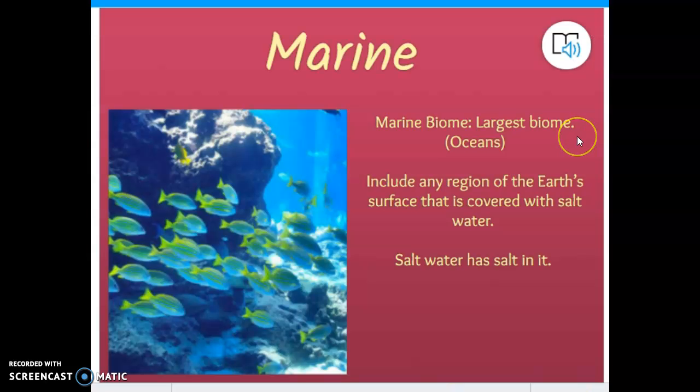First, we're going to look at marine biomes. Marine biomes are the largest biomes on Earth, and the reason why is because it refers to the oceans, and the oceans cover a huge portion of the Earth's surface. Depending on the source that you look at, the numbers do vary, but I would say that oceans cover somewhere between 70 and 75% of the Earth's surface. And it's safe to round that 70 up to 75. And let's just say that the oceans cover 3/4 of the Earth's surface.